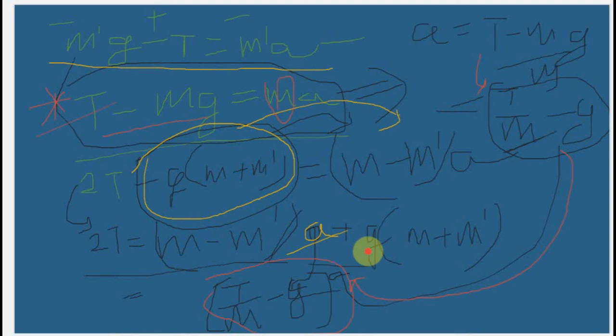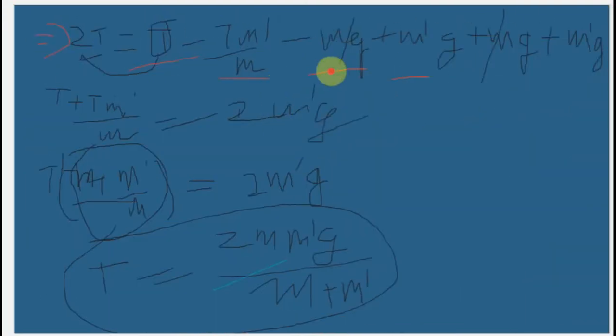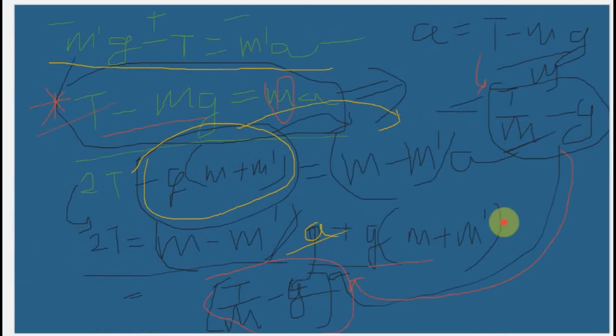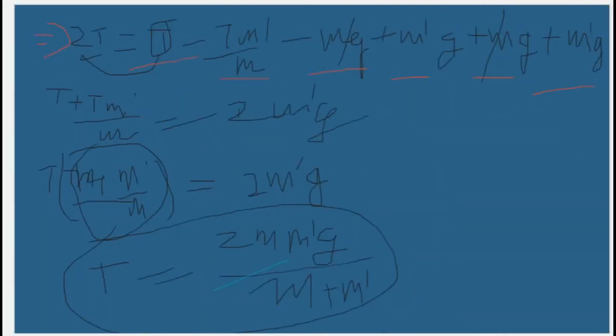And next here we have to multiply this term also, so this term is here g into m, that is mg, so mg plus mg, and here also plus m prime g. Then we find that plus mg minus mg, and then we cancel out these two terms. Then plus m prime g and plus m prime g, that means 2m prime g, and this T term